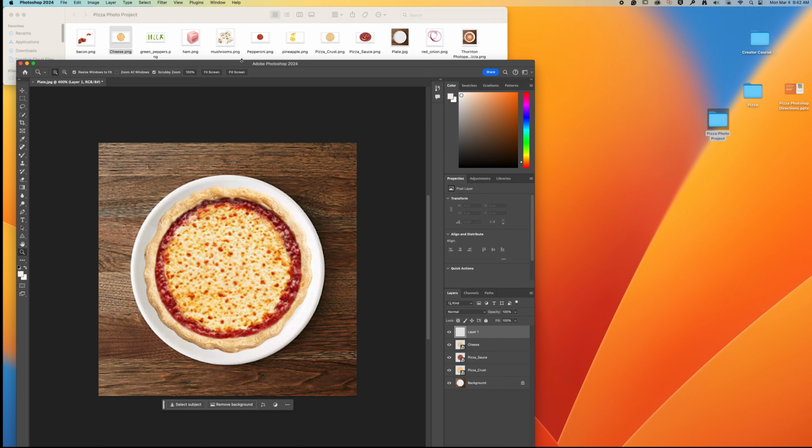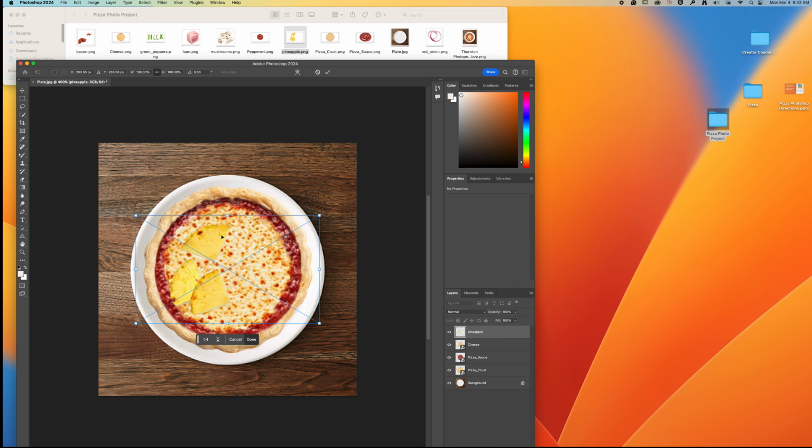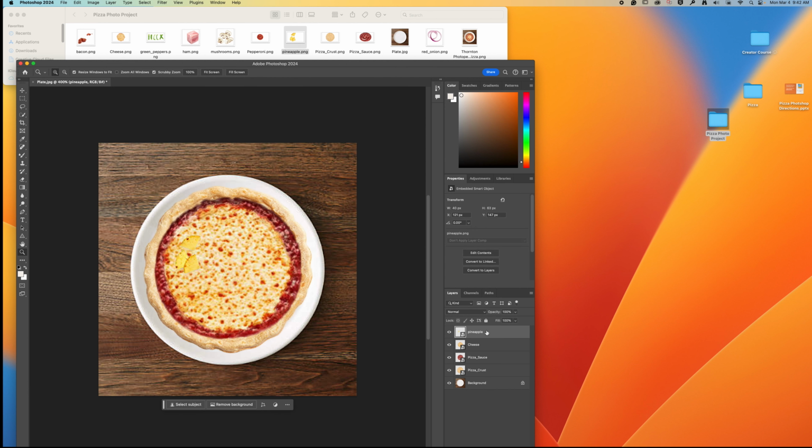Most of you like pepperoni, so you can certainly do that. I am going to make this one a bacon, ham, and pineapple pizza. So I'm going to pull in my pineapple. My pineapple's a bit big, and I definitely am going to need more pineapple than what I have here. So I'm going to duplicate my layer, right click, duplicate. So now I have two photos, and if I use my selection tool, I can move my pineapple over like that,